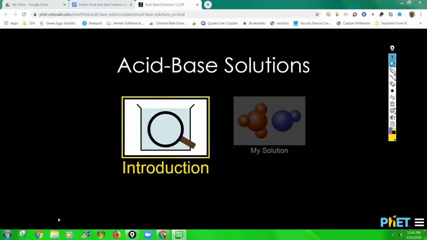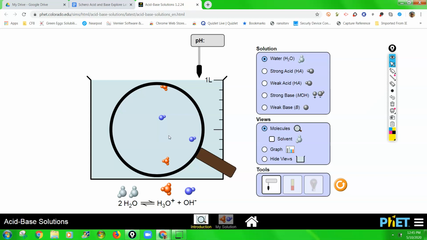Hello everybody, this video is to show you a little bit about how to use the simulation to do your investigation or explore laboratory you're trying. So start off with the introduction, and if you would, go click on the introduction and go see what you can play with. You'll notice that what we have here in our beaker is magnified, so you can see the